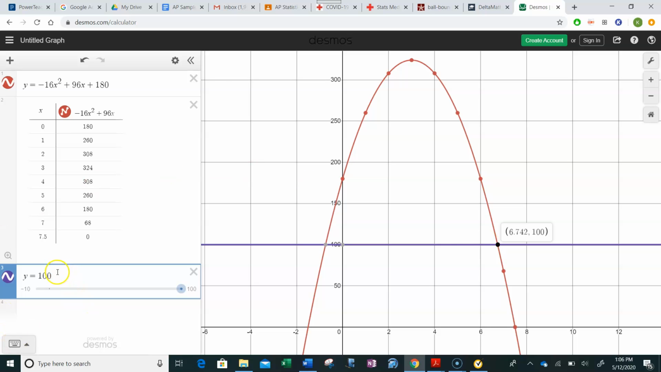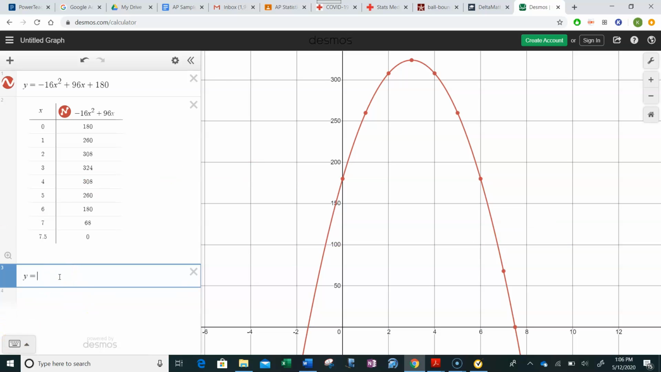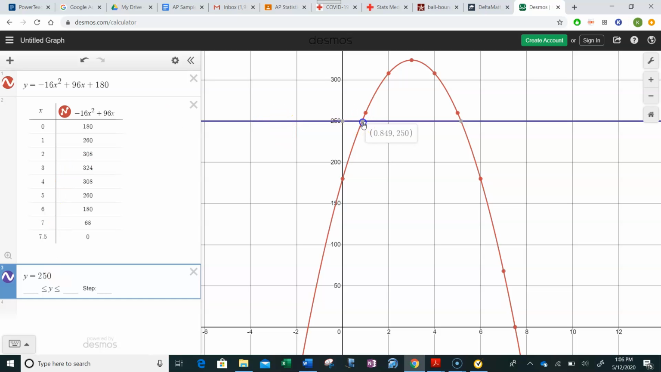If we then change that to 250 feet, notice there's two intersections. There's one here at about 0.85 and another one at about 5.15. And so there's two different times that the rocket reaches a height of 250 feet. It reaches that height on the way up, and it also reaches that height when it's falling back towards the